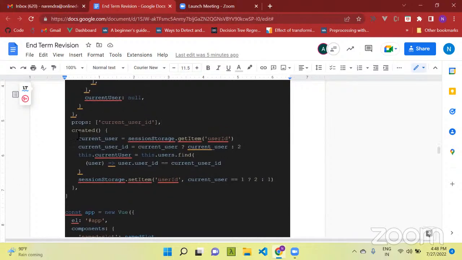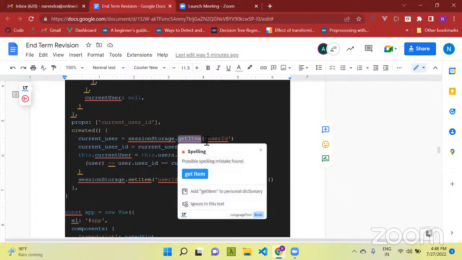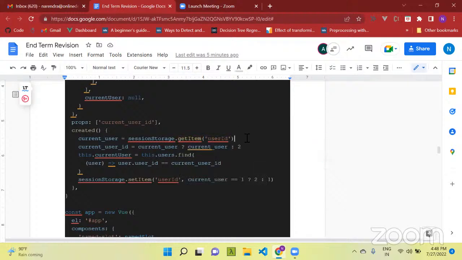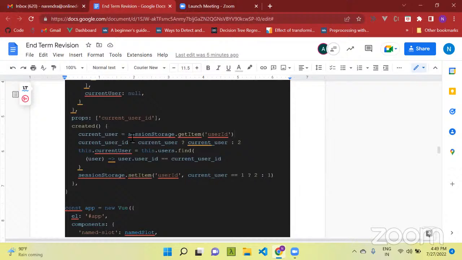And when the app is created, inside the created hook, what we are doing, current user is session storage dot get item user ID. So what this line says is that from the session storage, get the item user ID. So if you run the application for the first time, there will be no session storage. So the value of session storage dot get item user ID will be, what will be the value? Null. Yeah, null. So the value is null,